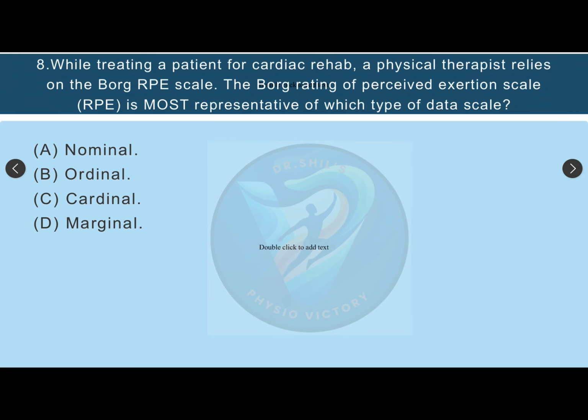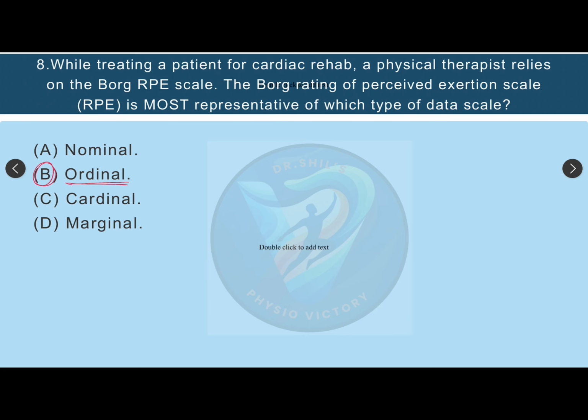Next question. While treating a patient for cardiac rehab, a physical therapist relies on the Borg RPE scale. The Borg rating of perceived exertion scale is most representative of which type of data scale? Option A, nominal. Option B, ordinal. Option C, cardinal. And option D, marginal. Here, the correct answer is